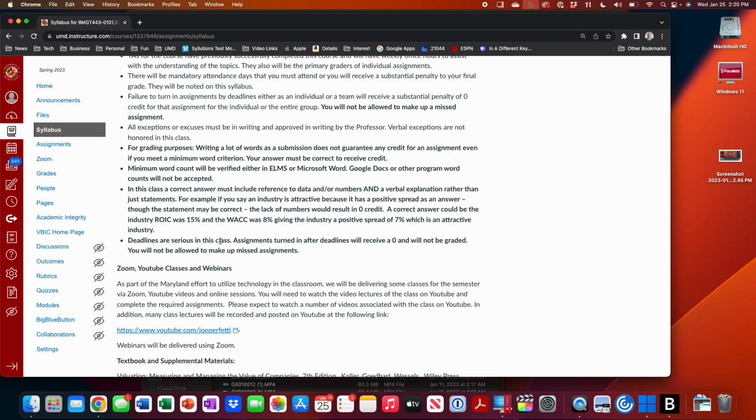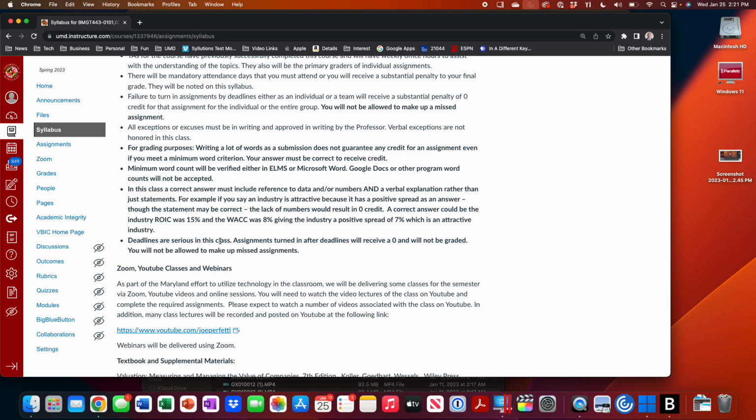Good example. One of the first questions you're going to address is, is this an attractive industry? You're smart enough in your undergraduate careers to know that you could answer that question without doing any work, because at a minimum, it's a 50% probability of being right. Right? And you can be general in your statements and vague, and other professors will give you an A for that. Here, I don't deal with that. Okay? You write general, vague statements, you get 0s. I don't care if you're right or wrong. You got to give data.